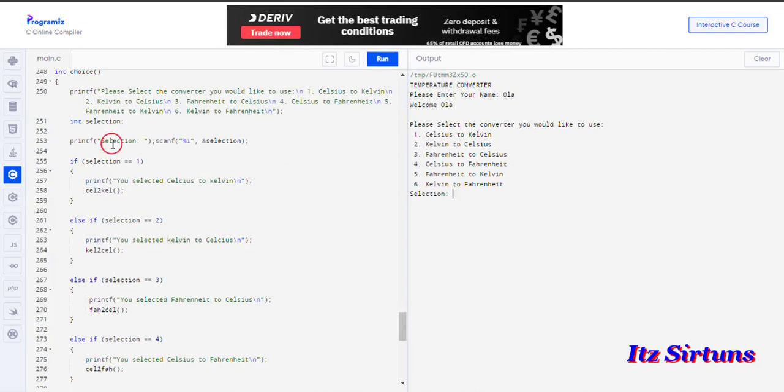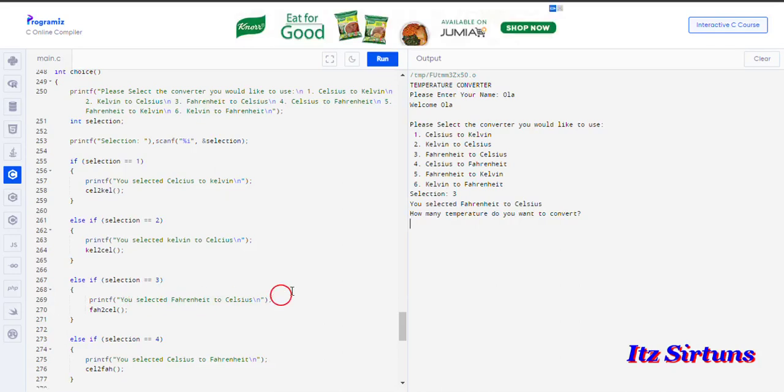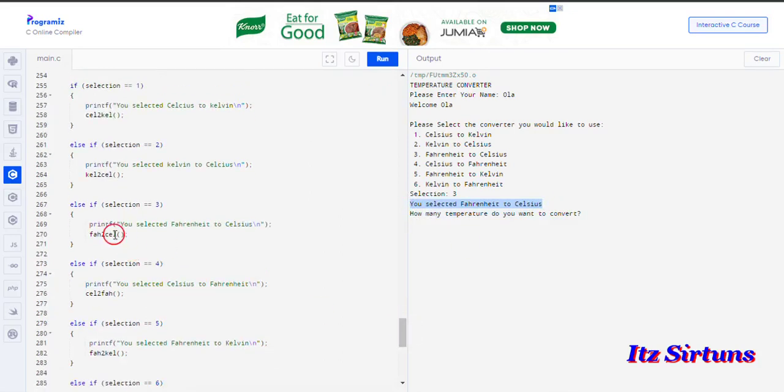Okay, so printf selection, that is what this region here is, what we have in this printf statement. Now the scanf is supposed to take the input from the user in terms of selection. So if I select 3, for example, it's going to say if selection equals 3, it tells me you selected Fahrenheit to Celsius, which is obviously correct as we can see here. It's telling me that I had selected Fahrenheit to Celsius, and then I'm expecting the function Fahrenheit to